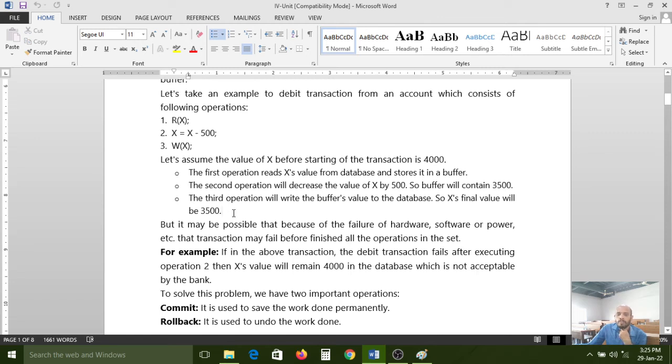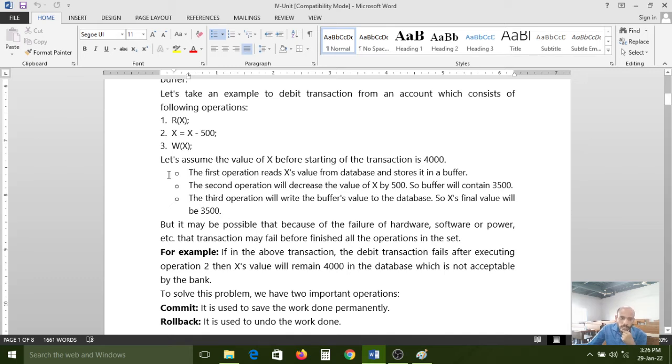Whatever amount we withdraw, immediately the remaining balance should do the right operation in our bank account. Otherwise, the amount will be debited from our account, and then the same balance it is showing before doing the transaction, what is the balance we have, that same balance it will show. If you do not perform any write operation there, then the bank will lose that amount, not you.